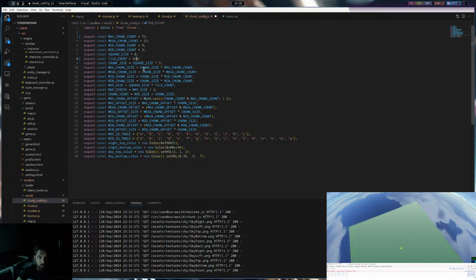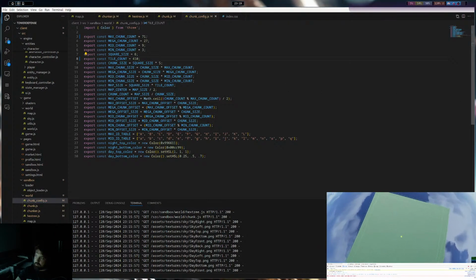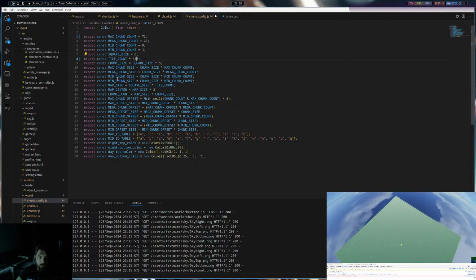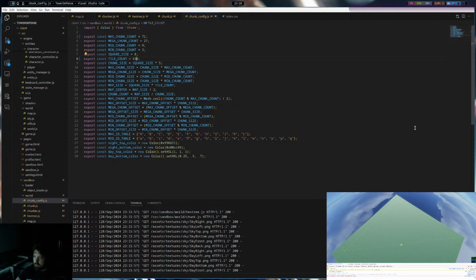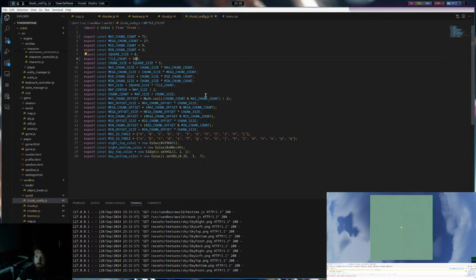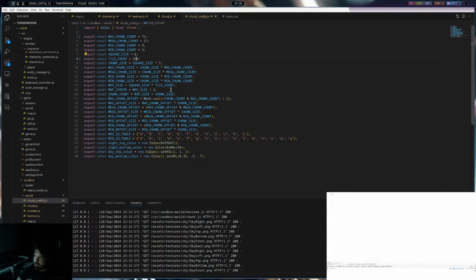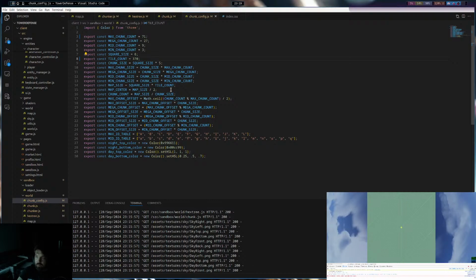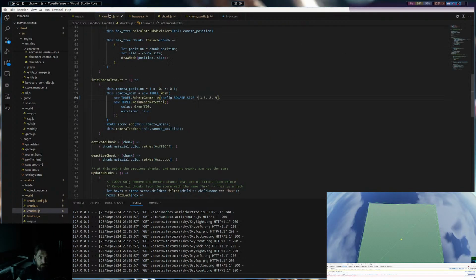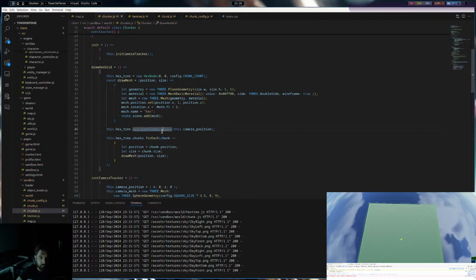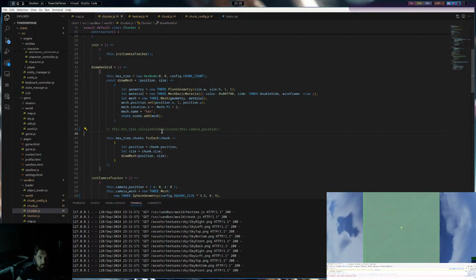So our algorithm has this weird offset where it needs a specific size. Things break. Let's fix that first. Let's also go in here, remove the subdivisions.